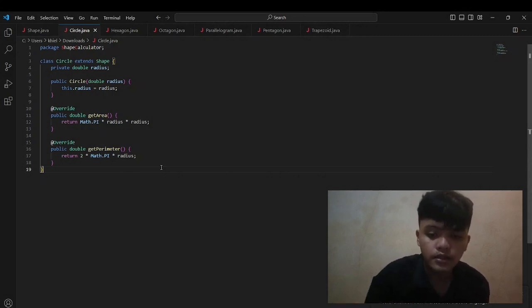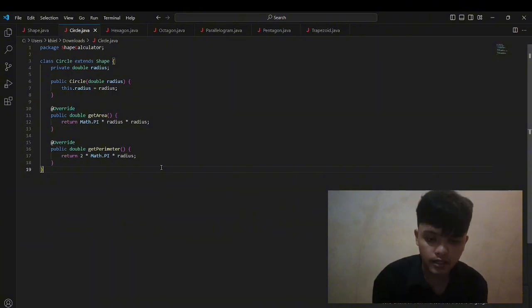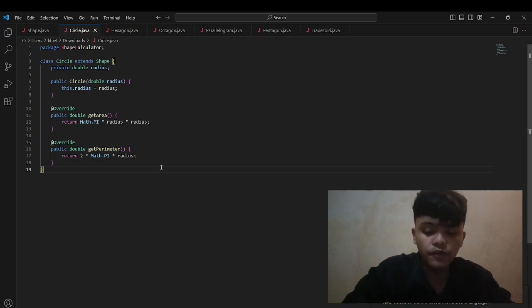Thus, the circle class encapsulates the properties and behavior of a circle, adhering to the principles of object-oriented programming by extending the shape class, and it inherits its abstract methods and provides concrete implementations for them.